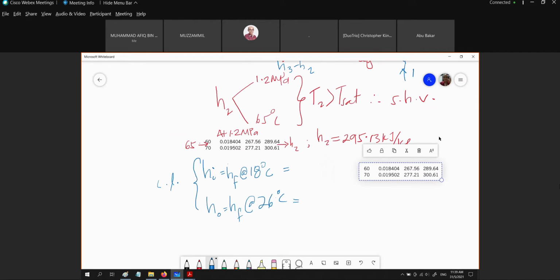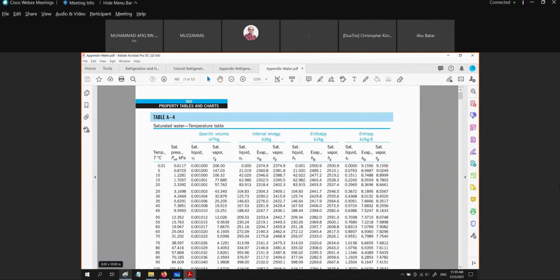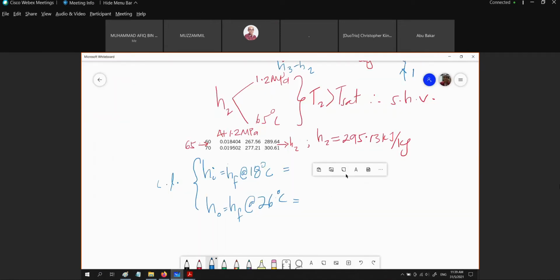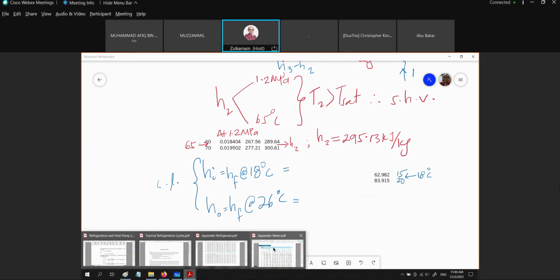Water 2015. This is at 15 degrees C, this is 20 degrees C, and we want 18 degrees C. So please interpolate to get the value of HI. And as for H naught, for water it is at